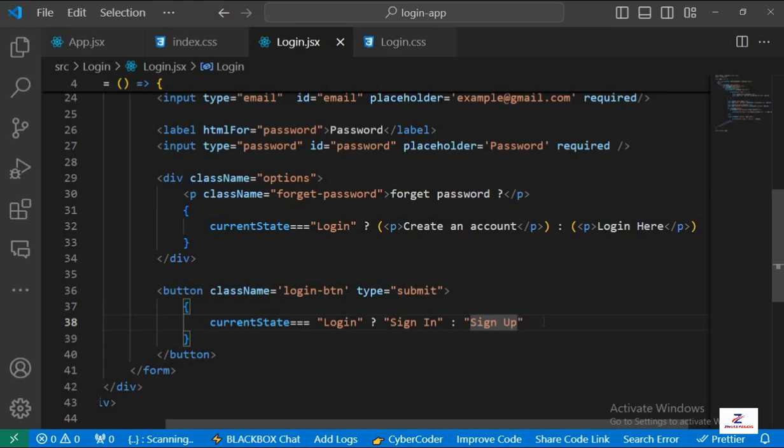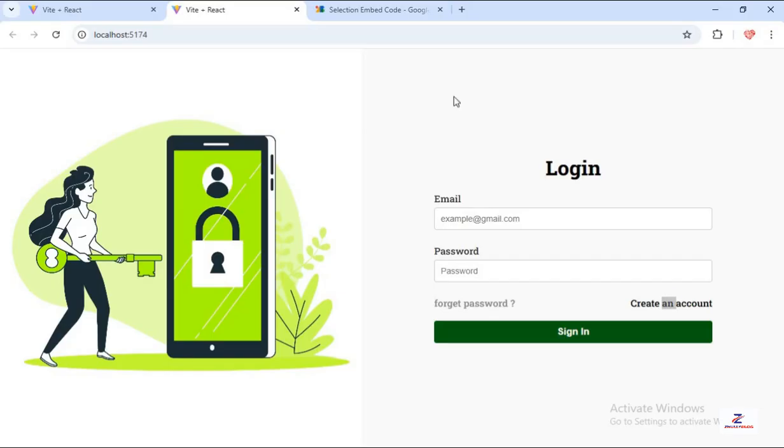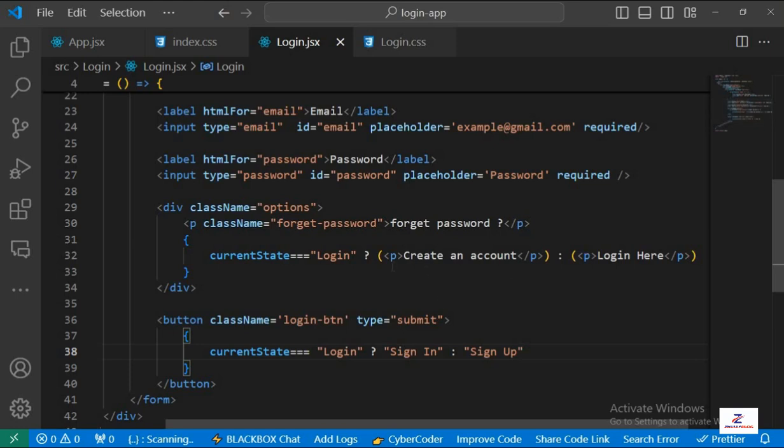Okay. So now another thing we need to ensure is, let me show you, this is what we have now, right? By default, right now this is working. Our login is showing. We don't have the username as we had it earlier. We only have email and password. But if you click on this create an account now, it's not leading us to the sign up form. So we need to use an on click method to create the logic such that when the user clicks on create an account, it should show us the sign up page. And if they click on login here when we're on the sign up page, it should lead them back to the login form. So right here in our p tag, we're going to use an on click,